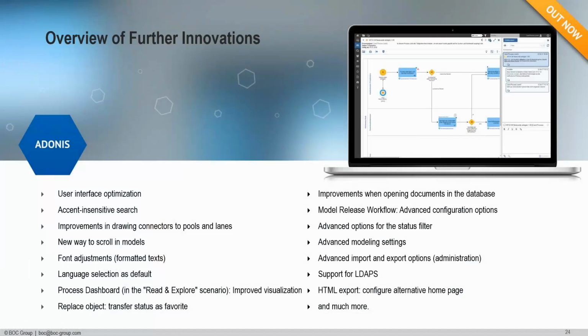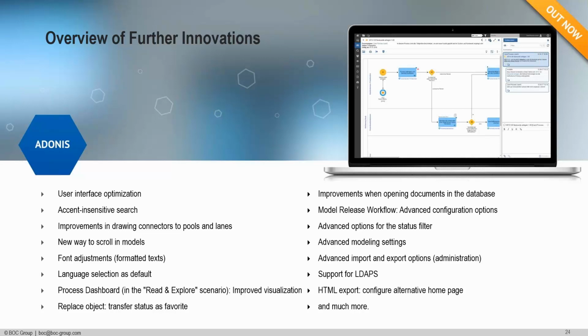we've got a short overview of some of the other innovations that are part of this release. We touched on some of the user interface optimizations where some buttons have moved, and the model and object explorers now have a button each to make it quicker to switch between them. Again, for multilingual use cases, we have an accent insensitive search. Let's say you're working in the French language as well, so if you search for the term role, the search will also return the term role in French that contains an accent on the O.